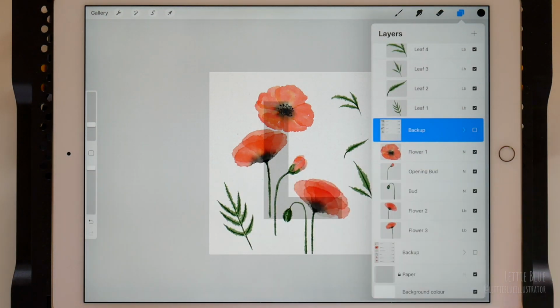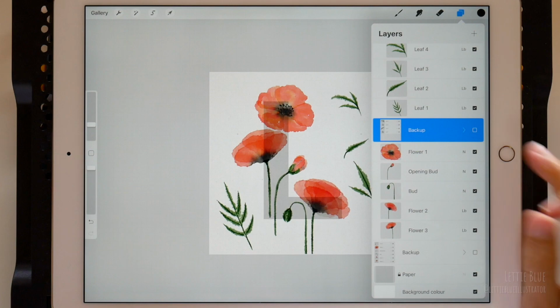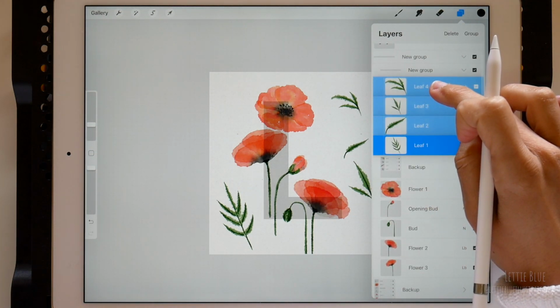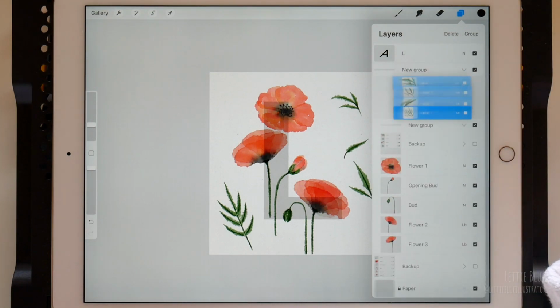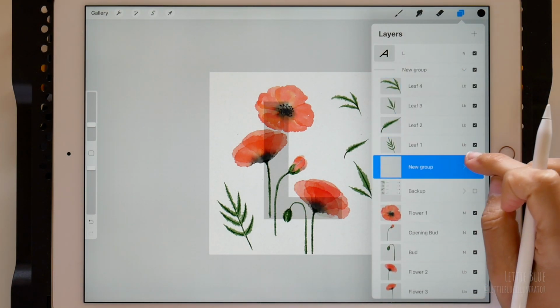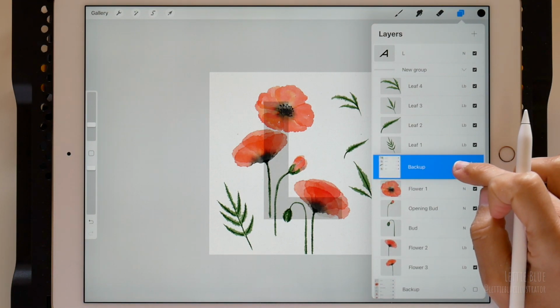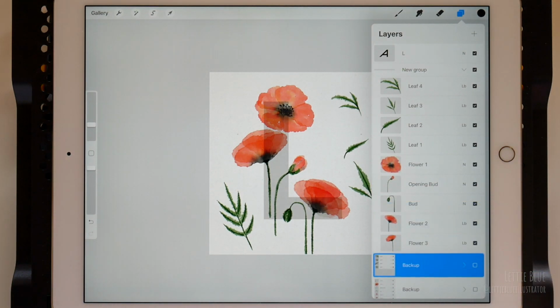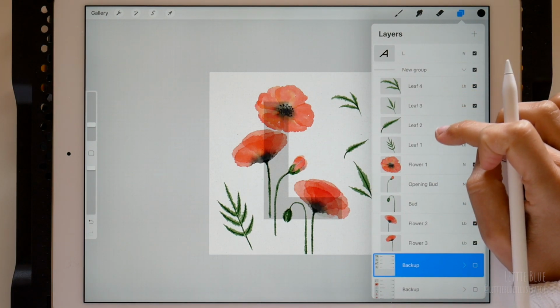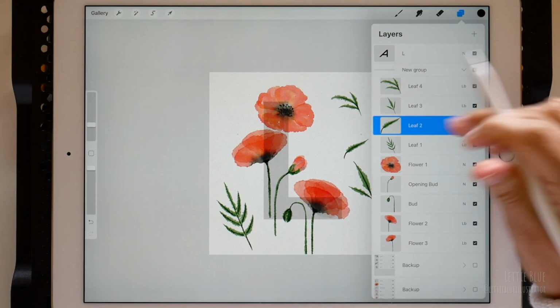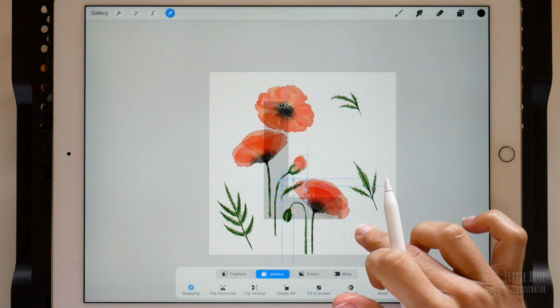Actually, we don't need to have the leaves in another group. You already know how to group layers, but do you know how to ungroup them? This is as easy as selecting the layers and moving them out. The group is now empty, see? Let's delete it and move the backup out of this group too. Now that we have learned how to group, ungroup, and that we can have groups inside other groups, let's continue